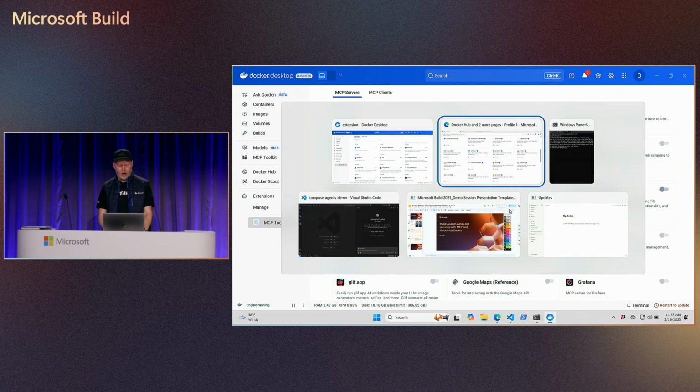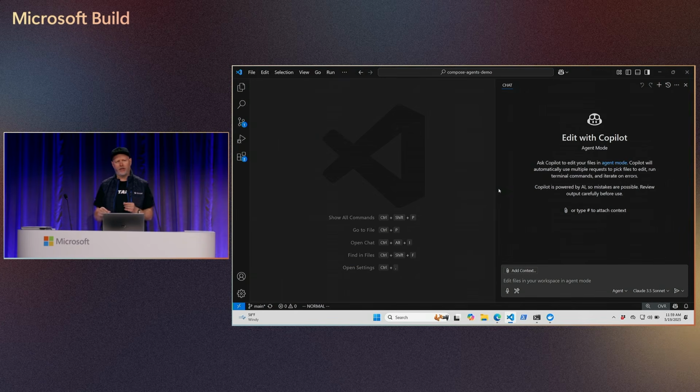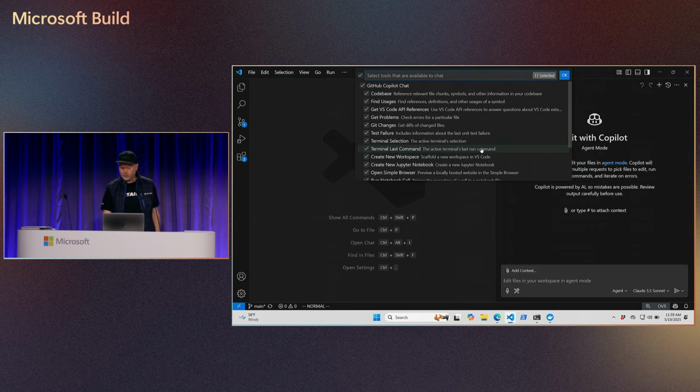So we're at MS Build. I'm going to switch now over to VS Code and talk about an out-of-the-box agent like GitHub Copilot. If we look at GitHub Copilot on its own, it's got a lot of great tools that come with it. If you click the little tool icon at the bottom of your GitHub Copilot, you'll see these out-of-the-box tools that just come with VS Code.